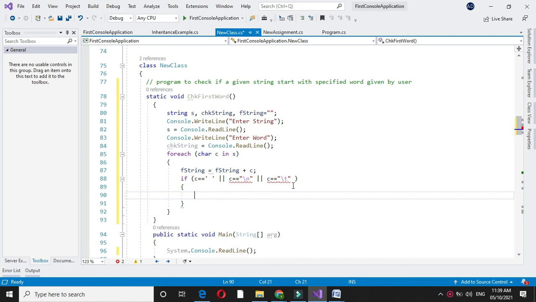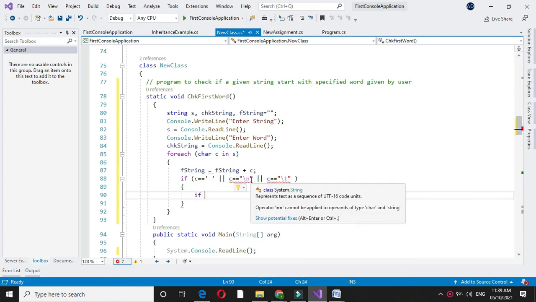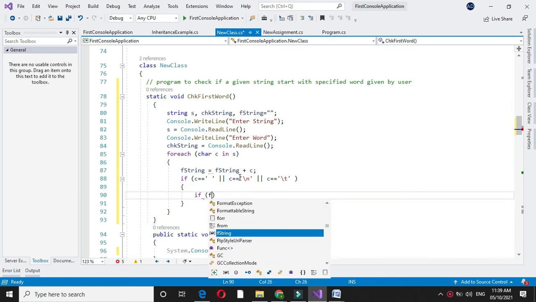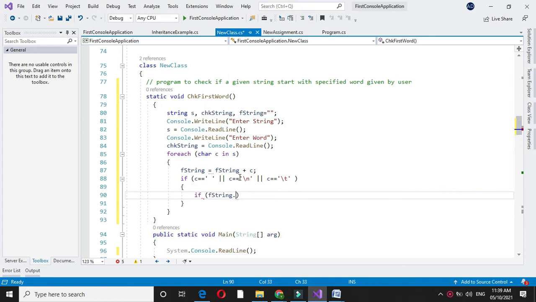And then we will check if, since it is character, we have to give single quote. And here we will check if f string dot trim, that is we will truncate all the spaces, is equal to chk string.